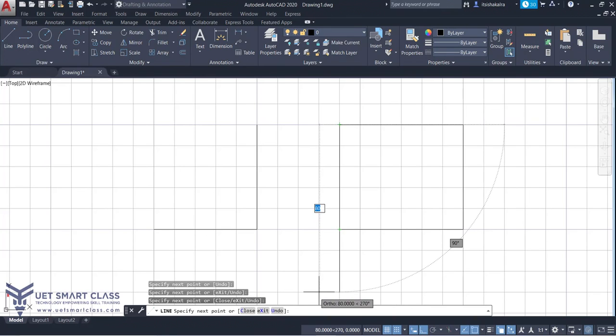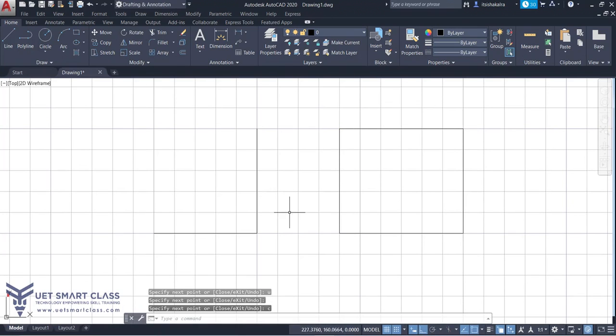If you type C, it will use the close option. If you type X, it will exit. If you type U, it will use the undo. All right. See, like if I use U and enter, it has undone my last action. I'll click it on again. Now I will use close. So I'll type C, enter. See, it is automatically closed in my rectangle. I need not press the fifth point.